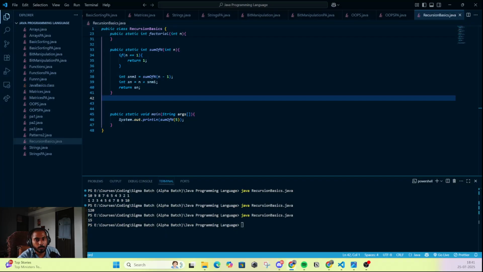And same thing with time and space complexity. It will be the same, big O of n.